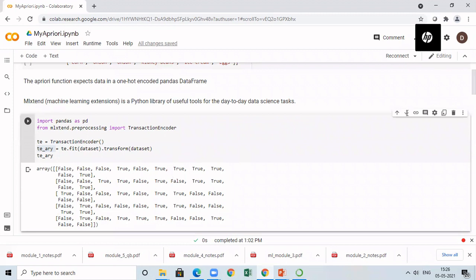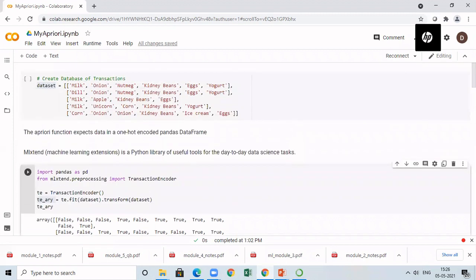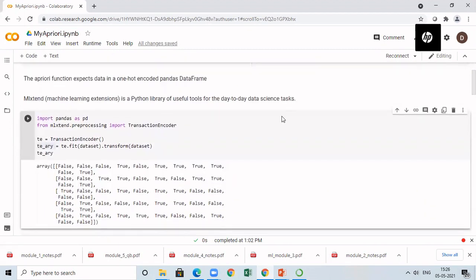So what is one-hot encoding here is, if you consider your transaction, it contains many items. And when we started our Apriori algorithm, in the first table, we have listed all the unique items. Unique item is nothing but milk is one unique item, then onion, second unique item, nutmeg, kidney beans, and so on. There are so many unique items available. So in one-hot encoding, it will create so many columns. Here, if you consider the number of columns, in the first row, I have 2, 4, 6, 8, 9 columns. In the second, here I have 2 columns. So totally there are 11 columns.